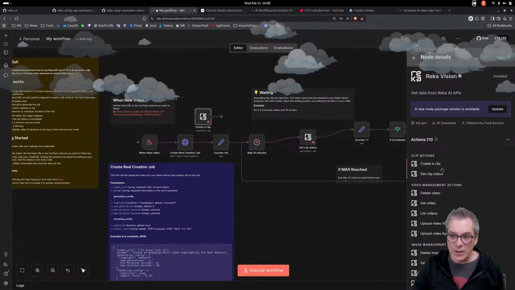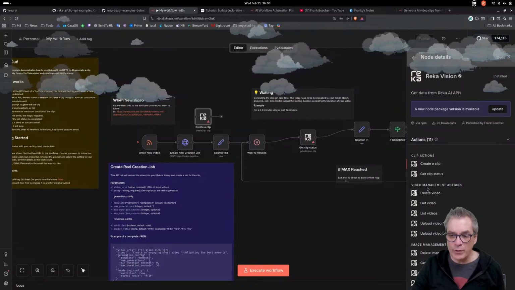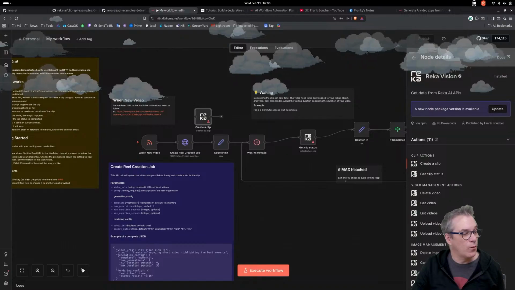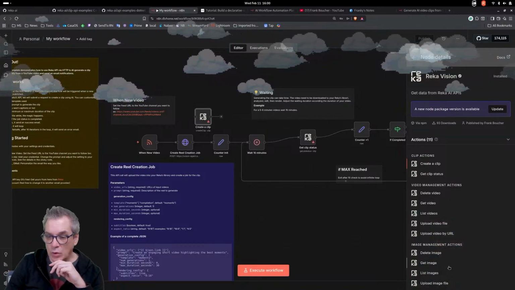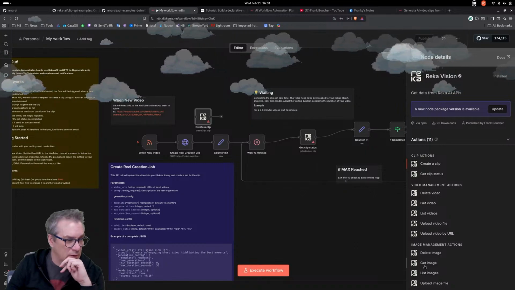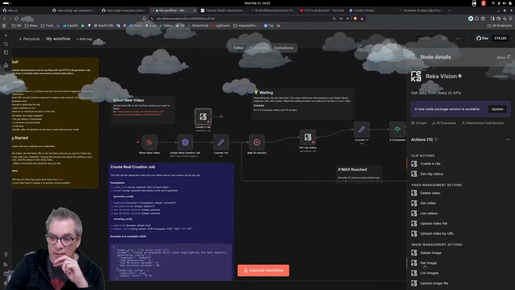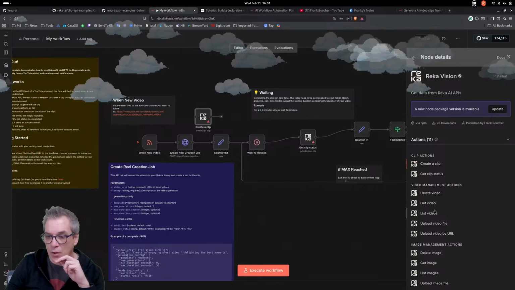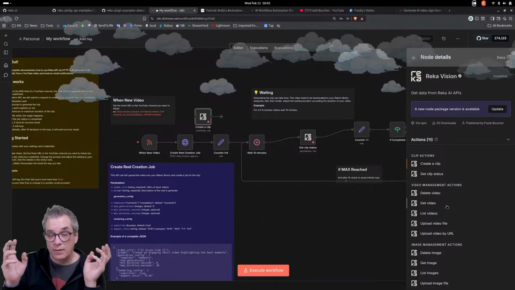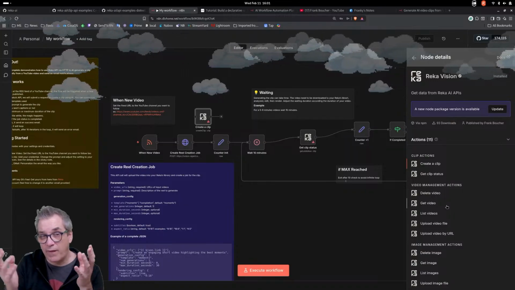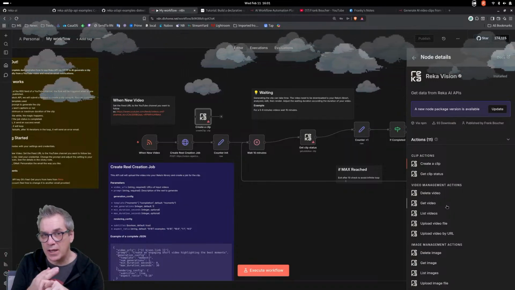So I started by doing the clipping stuff, and after that I was like, oh, that would be cool to have all the video and vision tools. So I had all of them. The video comes with file management for videos and images.